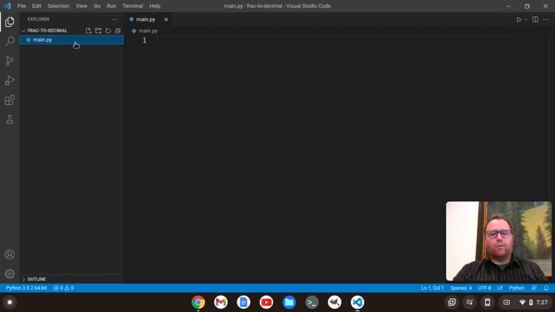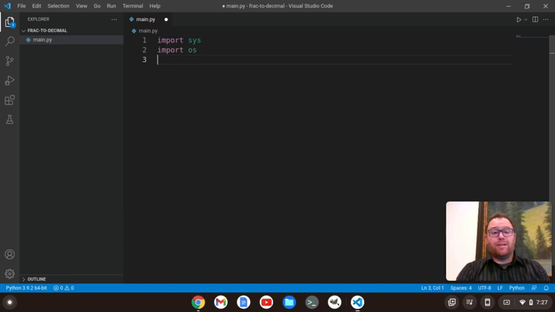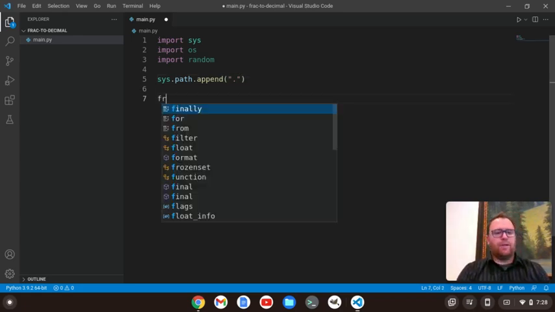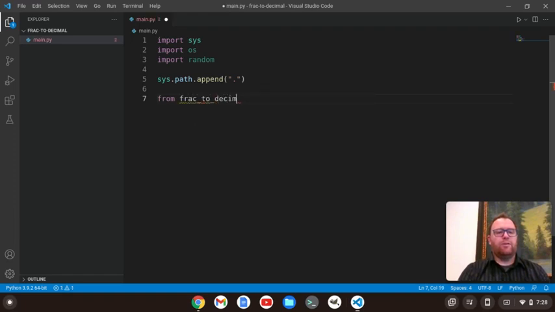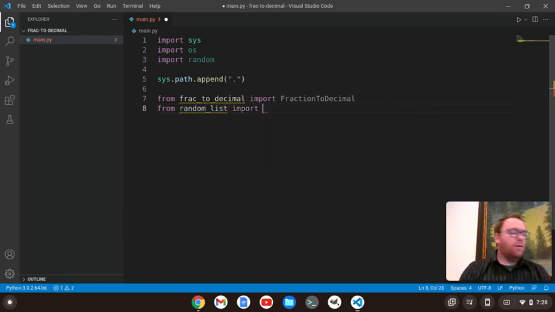I have a fraction to decimal folder created here with a main.py file created. So we're going to import a few things because I want to use a couple other files. We're going to import sys and os, and for random numbers, we're going to import random. Then I'm going to say sys.path.append, and then a dot there. Then we're going to say from fraction to decimal, we're going to have to create this file, import, and then we'll say fraction to decimal, and then from random list, import random